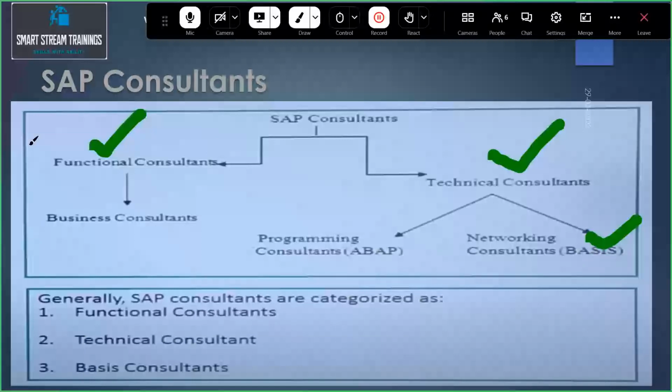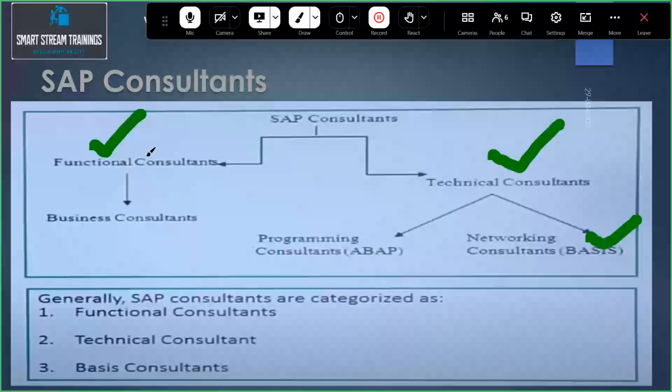What is the functional consultant's activity? They directly interact with the clients and gather the requirements from the client. Whatever the project requirement is, they gather it and prepare the functional specification documents. Then according to that, they design the project.